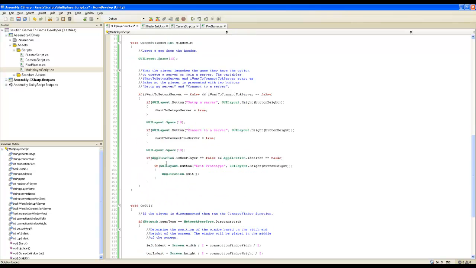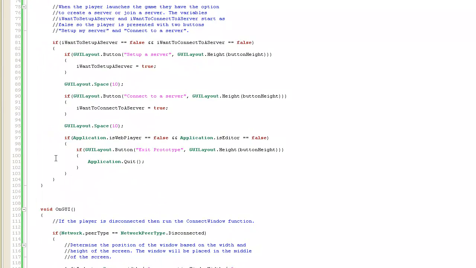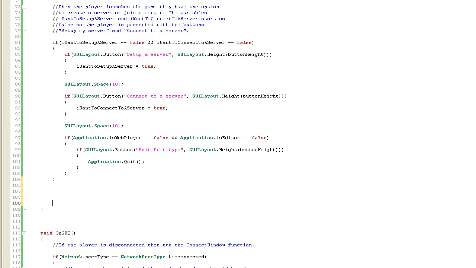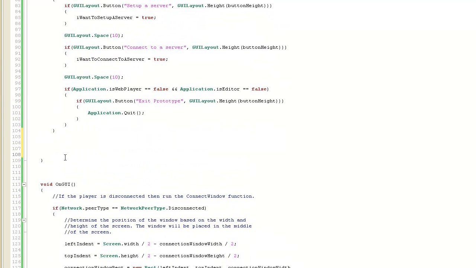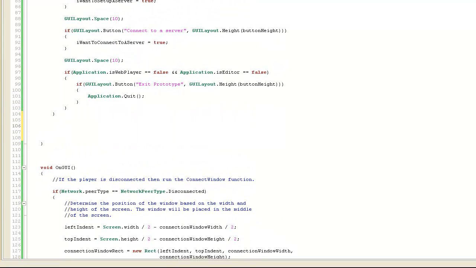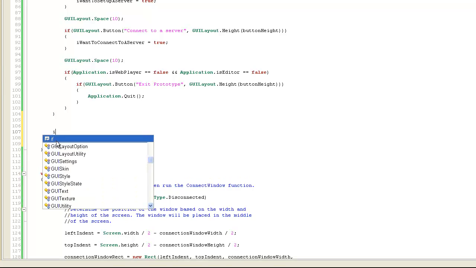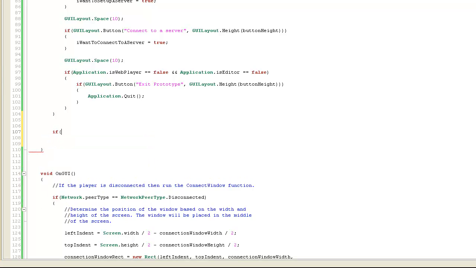Okay, now going back to the connect window. At the end of this bit of code, I'll want to add some more new code so that we can set up a server. So at this point where we ended, let's go down and add a new if statement. So if I want to set up a server is true,